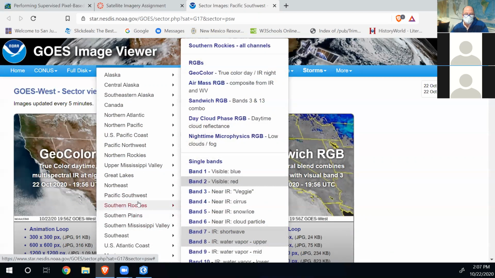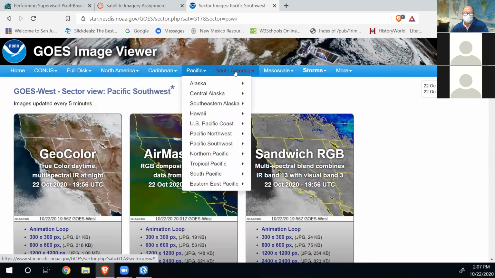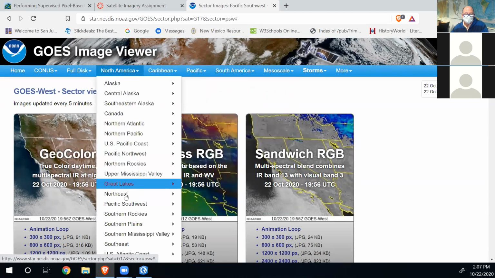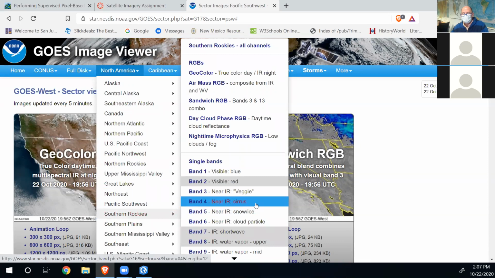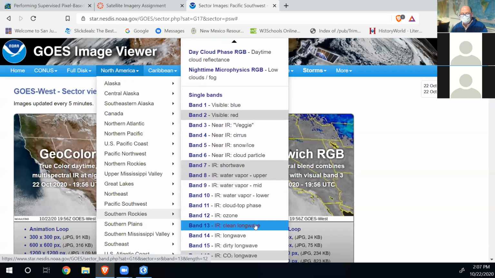Southern Rockies. So it even tells you, this makes it kind of easier. All channels. Isn't there a fire near Salt Lake up there? It's a pretty big one. So, if we look at